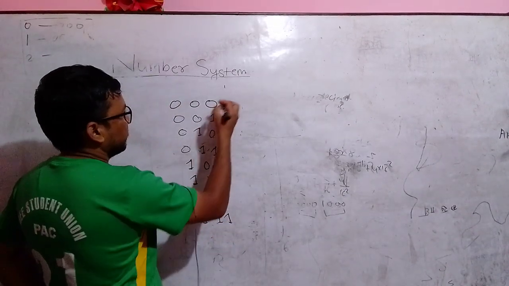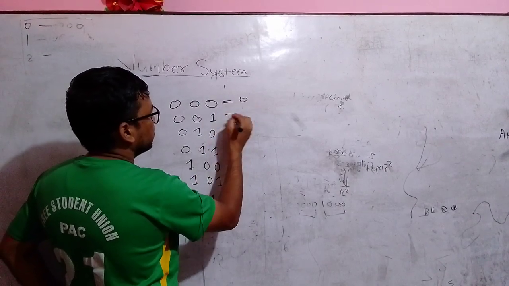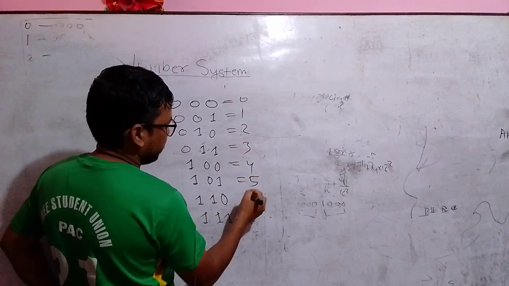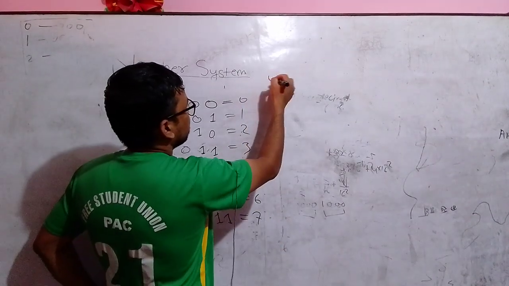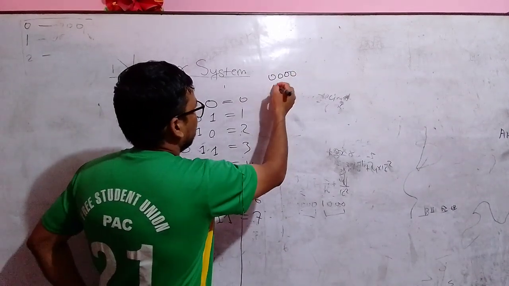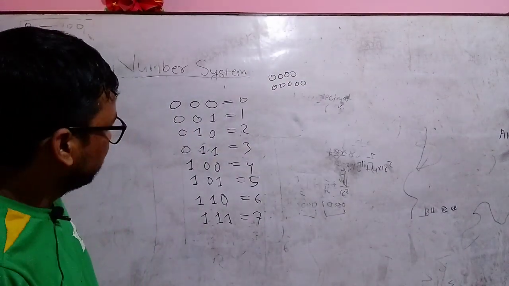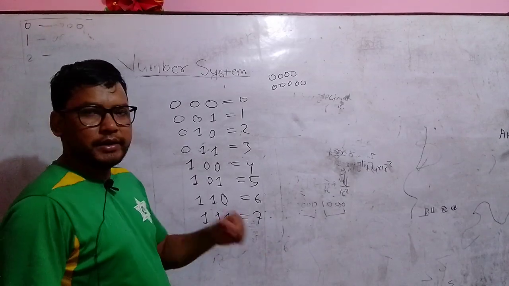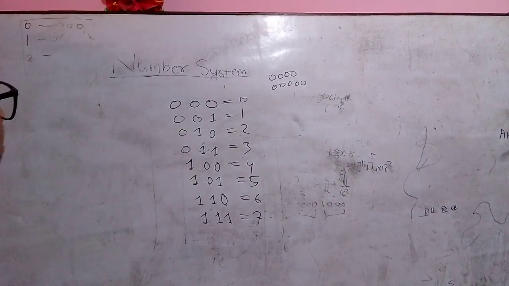Now this is the binary counting of numbers made from 3 digits: 0 1 2 3 4 5 6 7. Similarly, we can count the binary numbers made from 4 digits, or from 5 digits. We apply the same rule. Now 111 in binary is equivalent to 7 in decimal, as you can see from these tables. In this way, we can perform binary counting.